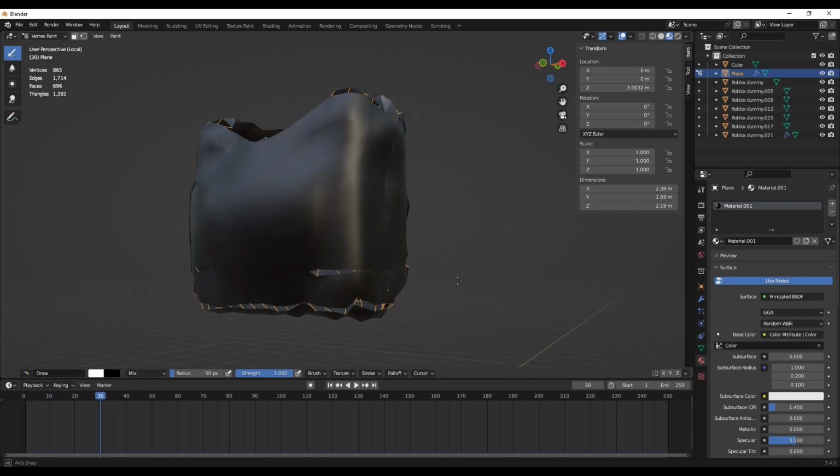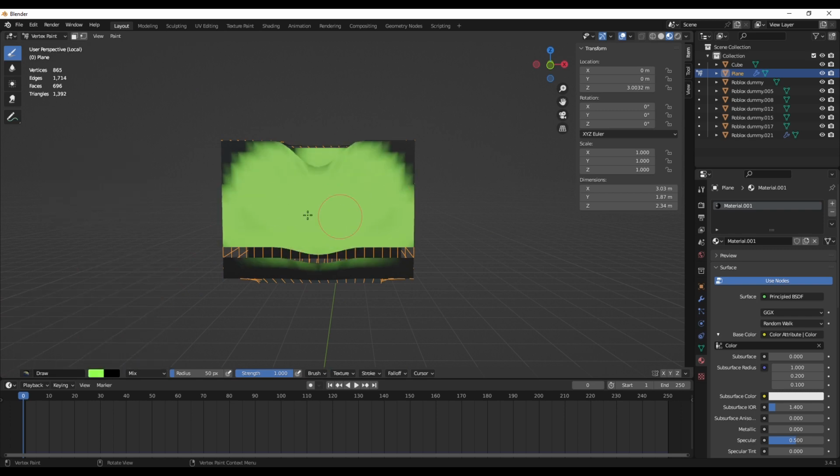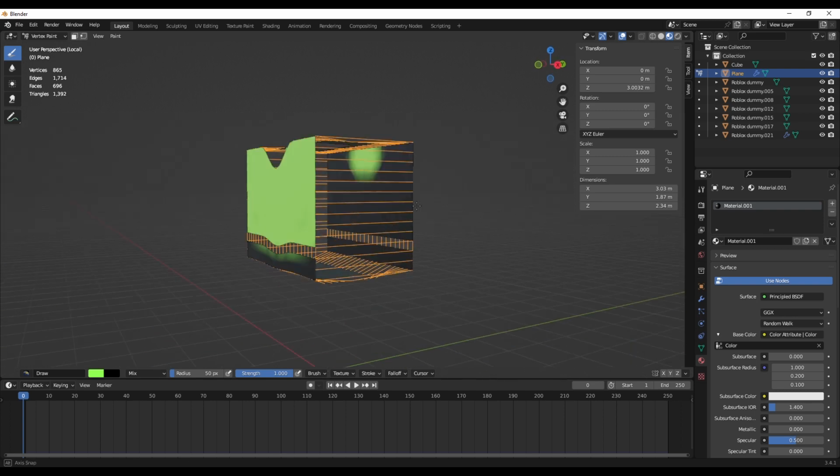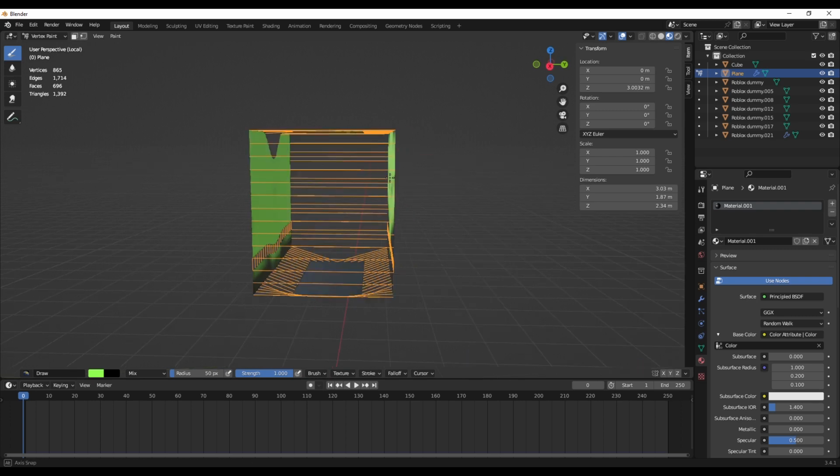That's kind of weird. I don't know why it's doing that. Anyway, we can just do it like this. But you can see you can kind of paint it. You can change the color by right clicking or by going down here. Kind of pick your color. You can just paint it like this, or alternatively, if you have specific sections you want to color, then